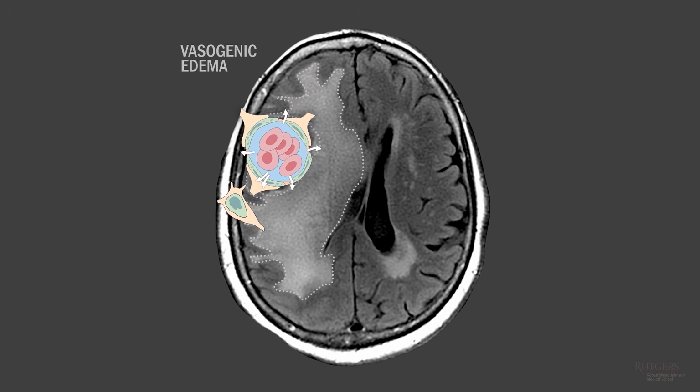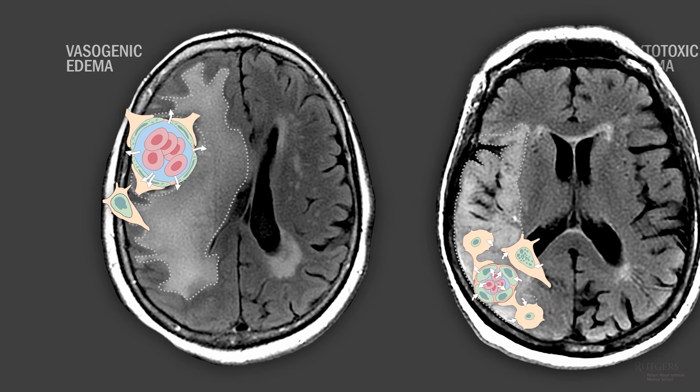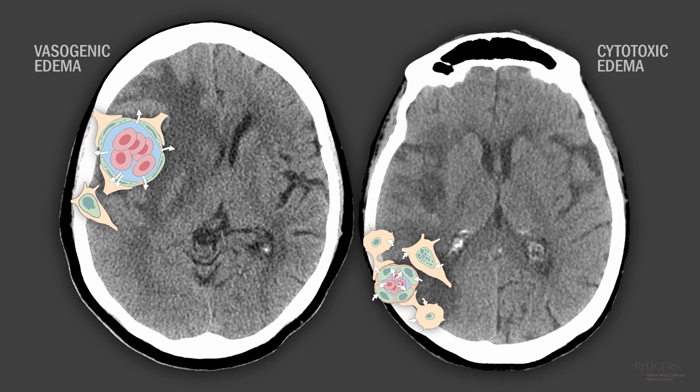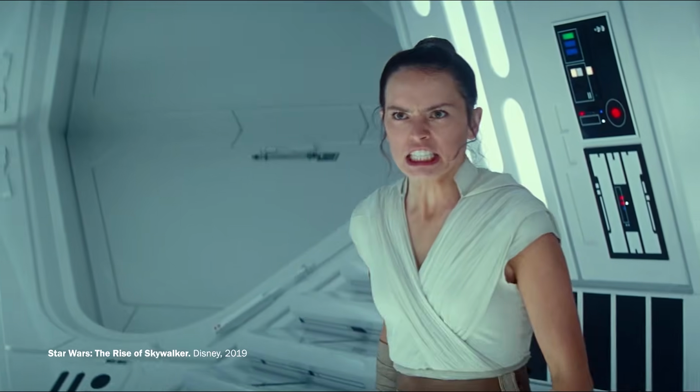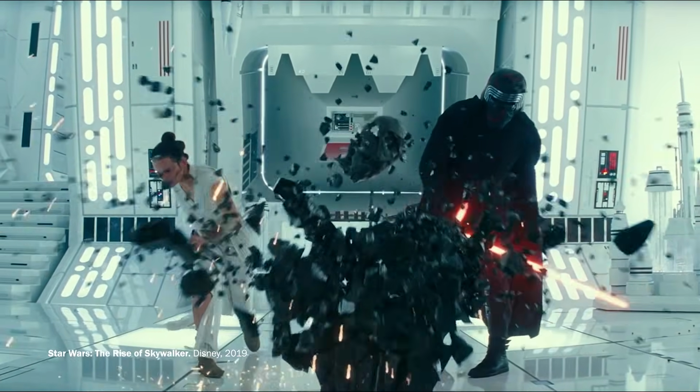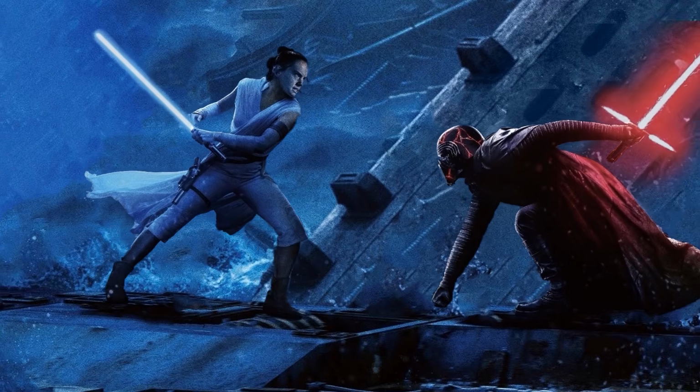So one more time, vasogenic edema because of failing neurovascular unit integrity, which can be caused by tumors, abscesses, trauma, and severe hypertension, and cytotoxic edema or cell body edema caused by energy failure and ischemia. Got it? Look at the hypodensities on CT, how much more inferior they are to FLAIR and T2. T2 and FLAIR are superior by design. And just when you thought the dark side was winning, the light strikes back.